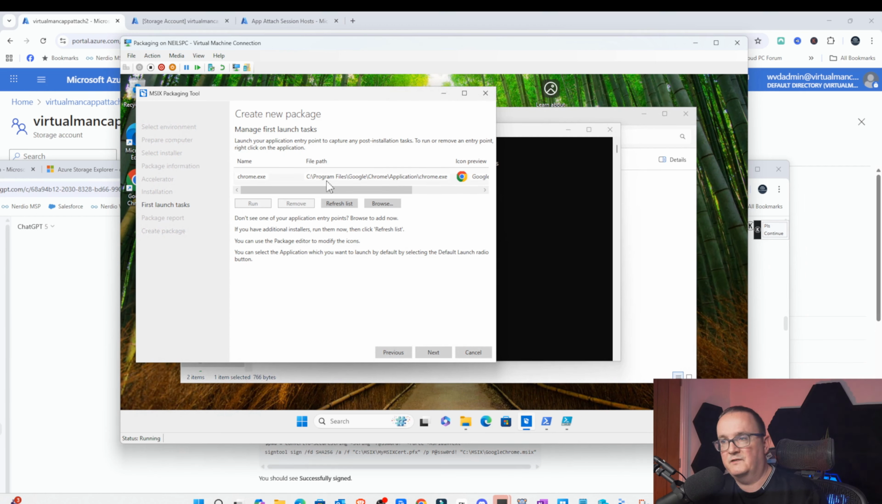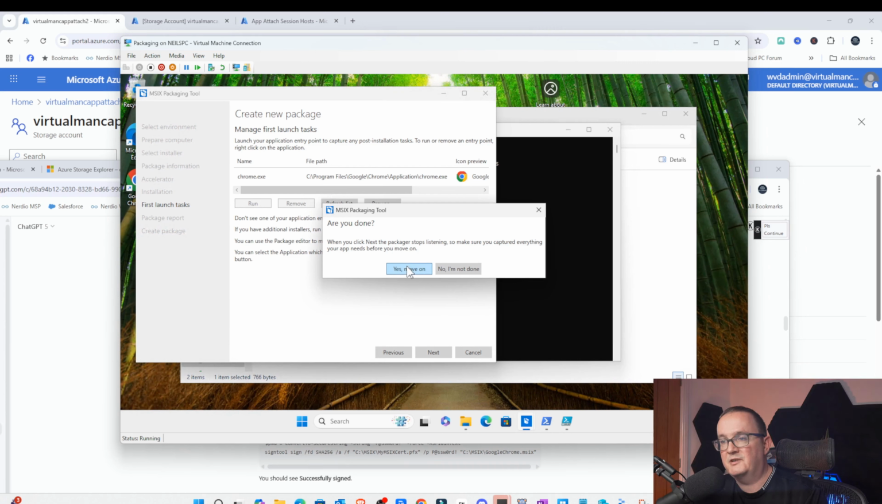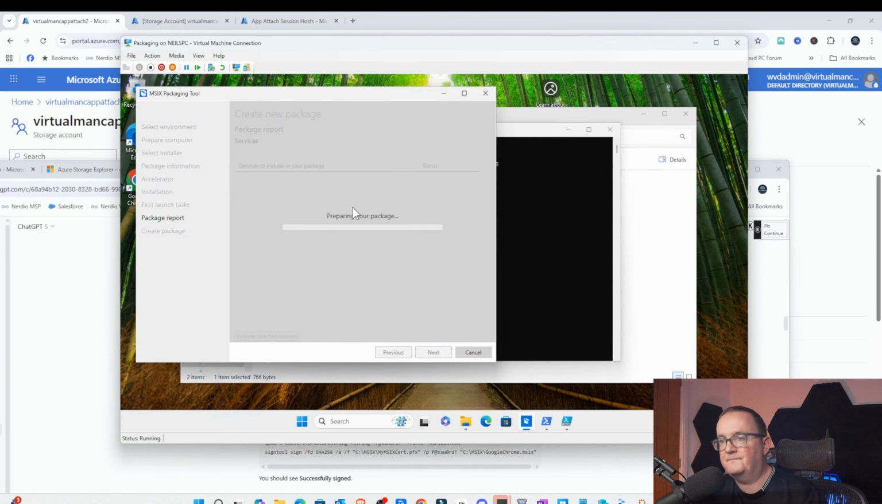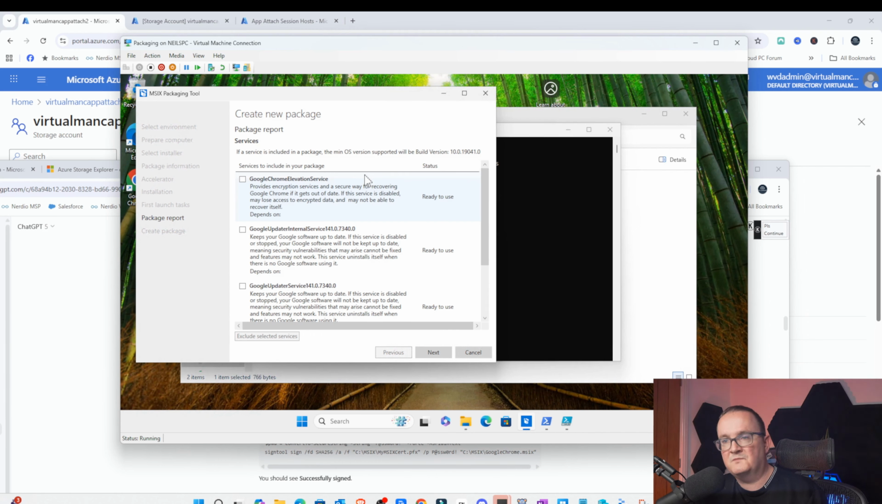It's capturing first launch task. So again, we can just leave that at default. We don't need to do anything there. Am I done? Yep, I'm done. I don't need to modify. So click move on. And next is going to look at the services which have been deployed and see if